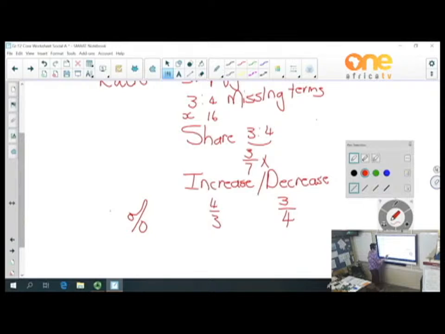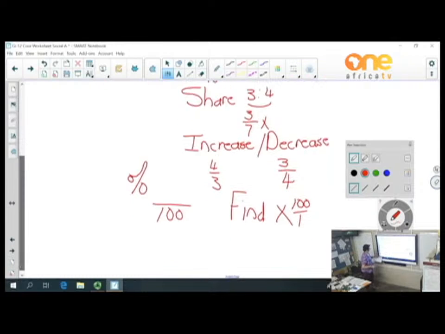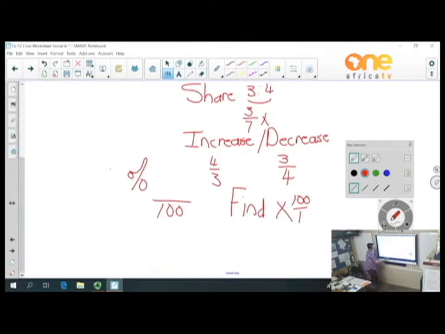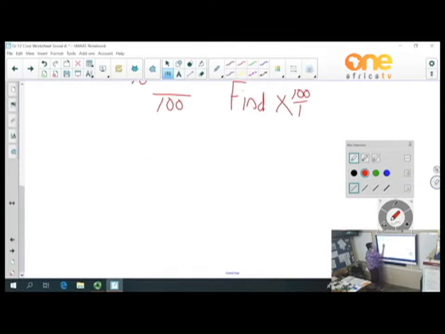Remember, whenever you see that sign, it is over 100. And then the other method is to find a percentage: we multiply with 100 over 1. That's how you find the percentage. You see the percentage, you put it over 100. The next one is